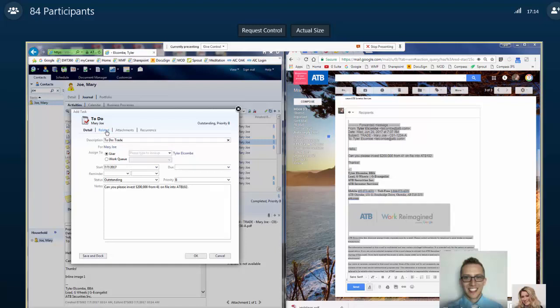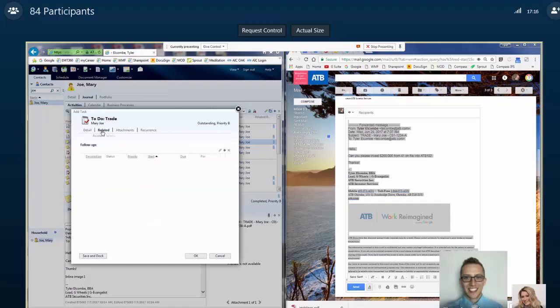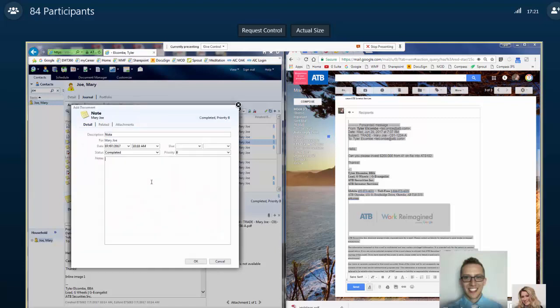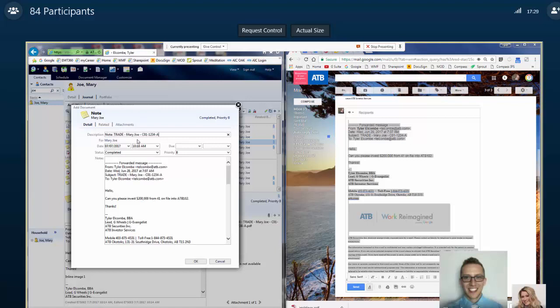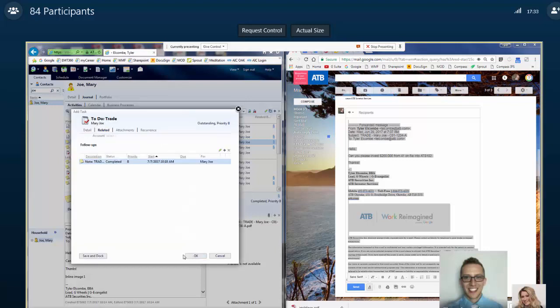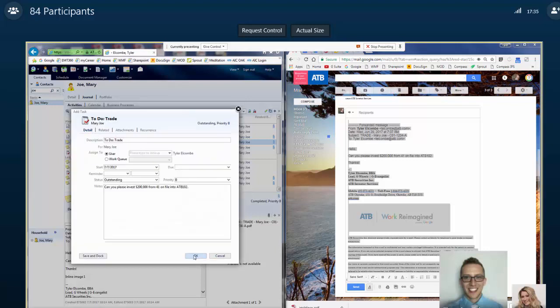And then what we can do here is related. Same process, we're going to add a note. What this is going to do is essentially create a note and a task that are linked, much like how it was done in Outlook when you use that create follow-up button. So now when I am in this task, after this loads,